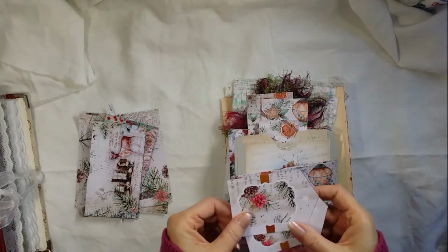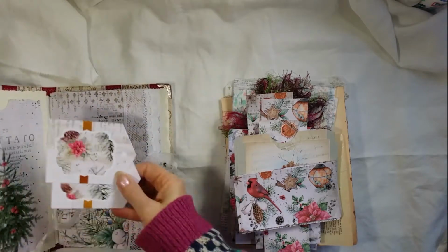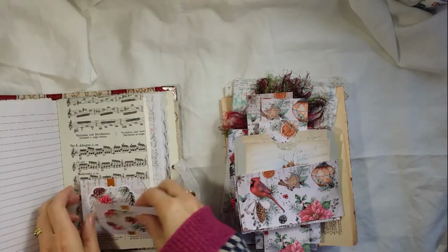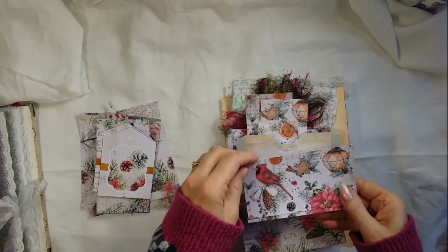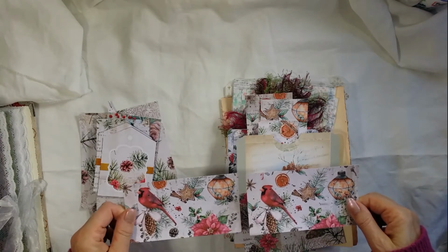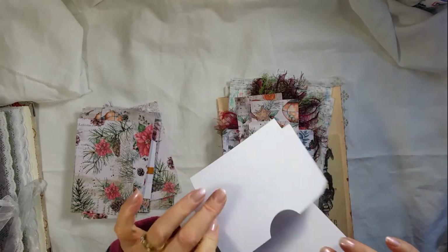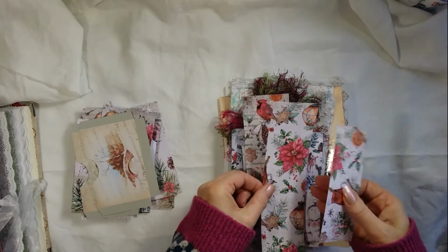And then 2 plain tags from the kit, and these you could either use as tags, or perhaps you could do a double pocket there, or flaps. There's all kinds of things you can do with them, so you've got plenty of options. And then just these are pockets again. These can be pockets at the bottom, or flaps, or all kinds of things. There are 4 of those, and then 2 pockets. These haven't been backed, but 2 pockets there, and then various